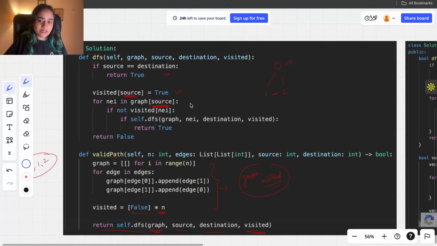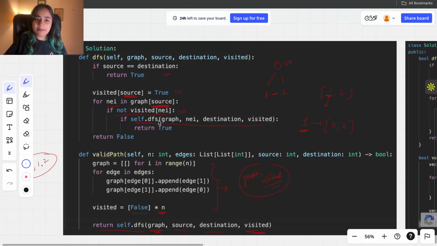We'll go to every single neighbor one by one, which is 1, 2. We'll go to the first neighbor first, which is 1, and that is not visited. We will only go to the neighbors which are not visited, so we check if 1 is visited, and it's not. So we will now do the same thing with 1, because now we are going to find the ways from 1. From 1, where can we go? From this example, from 1 we can either go to 0 or 2, right? Then we'll try to do the whole DFS logic again, but for 1 now.